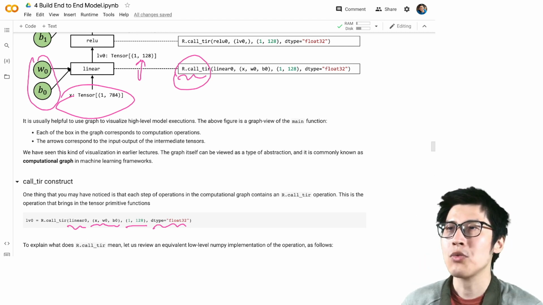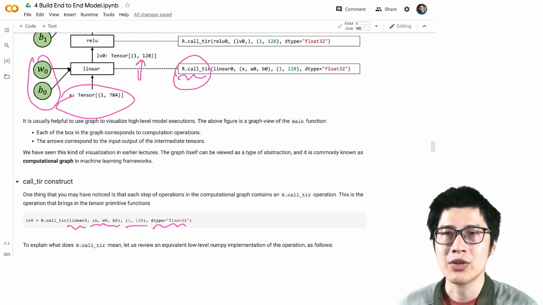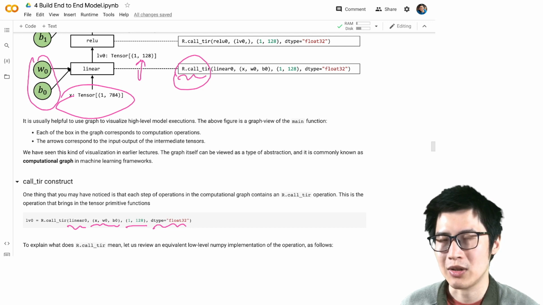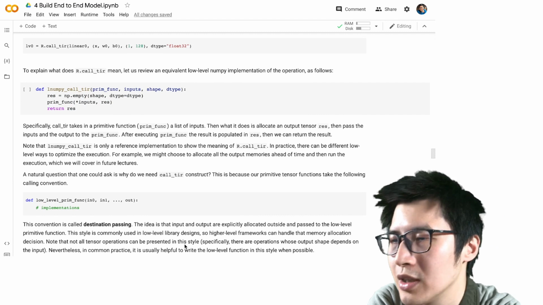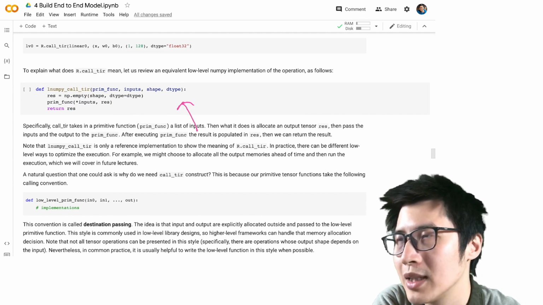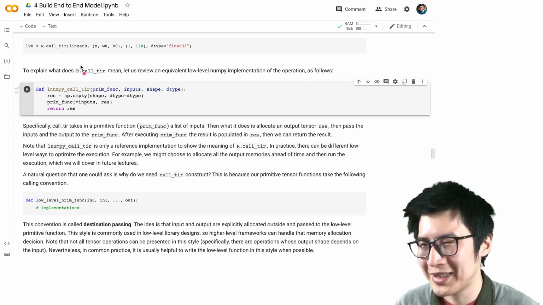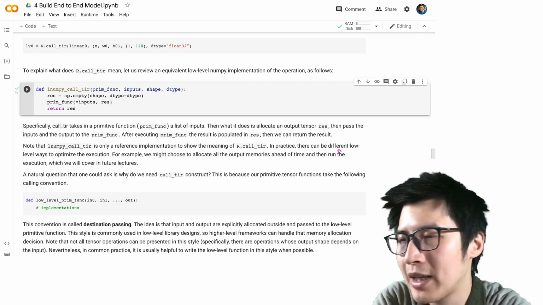Okay, so why do we have this call_tir construct? This is because it's a way for us to connect the computational graph operations with the low-level primitive function. To explain what it means, let's review a Numpy implementation of this call_tir function. Effectively, this call_tir function can be explained by this implementation. If we try to talk in verbal language about what call_tir means, effectively what it means is it will take a function